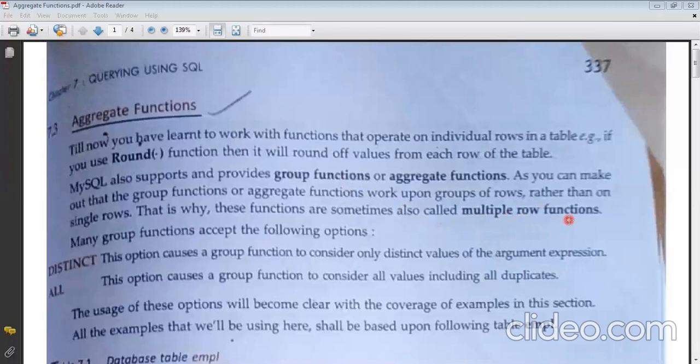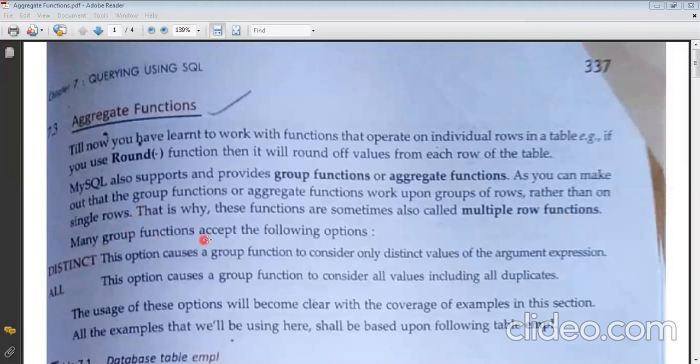The output is one, and the function is applied on a group of rows, and then you get the final output. This is what your aggregate function says. When you apply your function on a group of rows and you get a single output, then it is said to be your aggregate function, group function, or multiple row function.